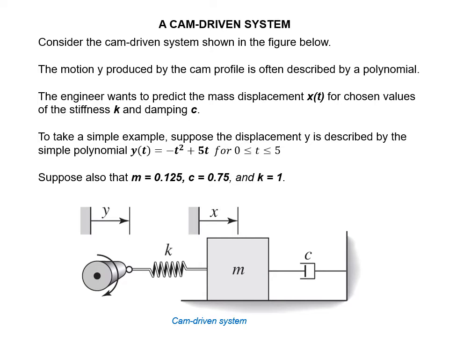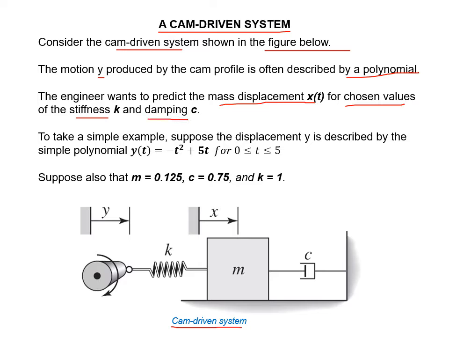So next I'm going to go through a Simulink example problem here. The problem we're going to take a look at is for a cam-driven system. If we consider this system shown down in the figure below here, the motion y produced by the cam profile is often described by a polynomial. So the engineer wants to predict the mass displacement, or x of t, for chosen values of the stiffness k